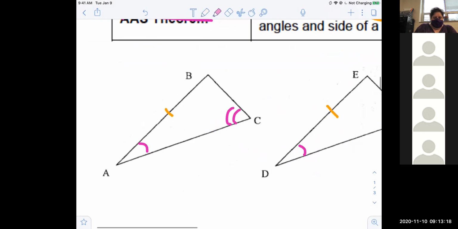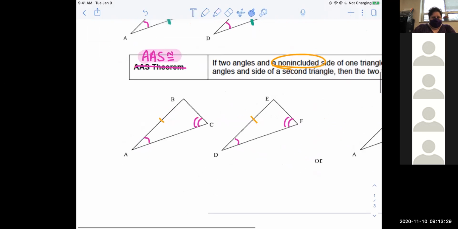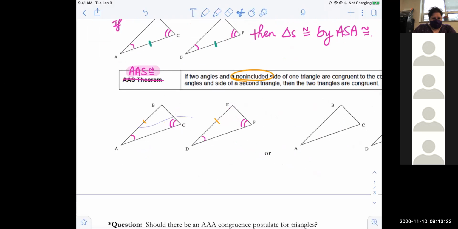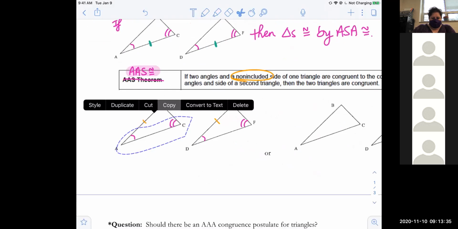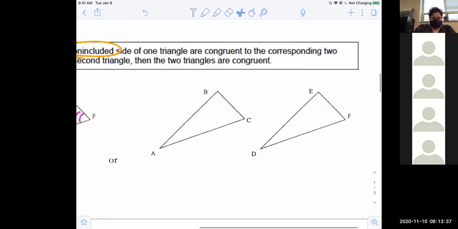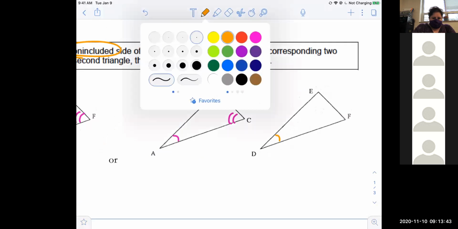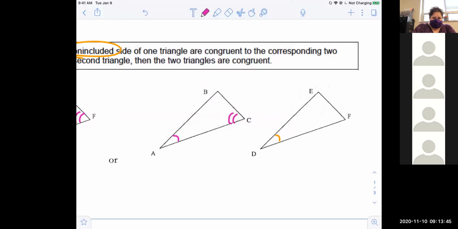So this one's called angle, angle, side because it's two angles and then a side. It's not the included side. It's one that follows the two angles that you know are congruent. Okay, so that would work. What's another option? So if I use the same pair of angles here, so let's say that you still knew those two were congruent to these two. Instead of using this non-included side, where is the other option for a non-included side? BC